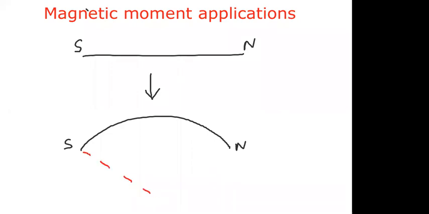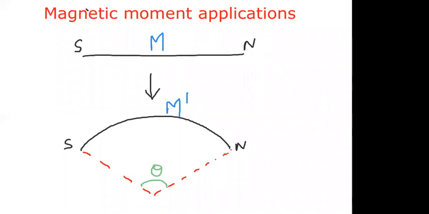Here you observe carefully. We are making one straight magnet into the form of an arc. This is a straight magnet, magnetic moment capital M. It is bent into the form of an arc, and here the magnetic moment is M dash. Now, the angle subtended at the center here is theta. This is the given question. What is the relation between M dash in terms of M?